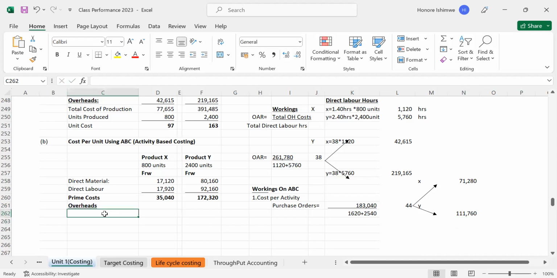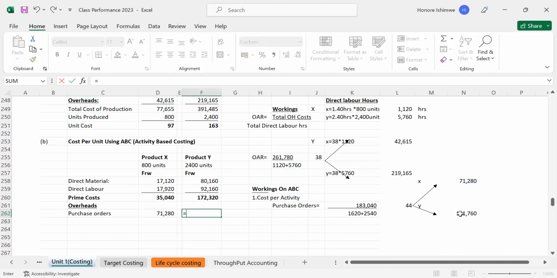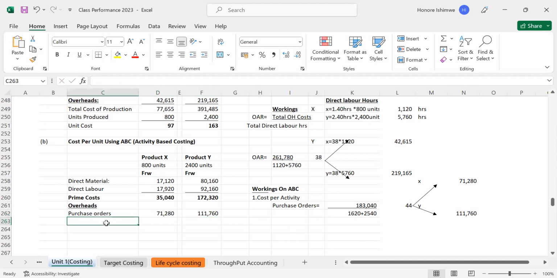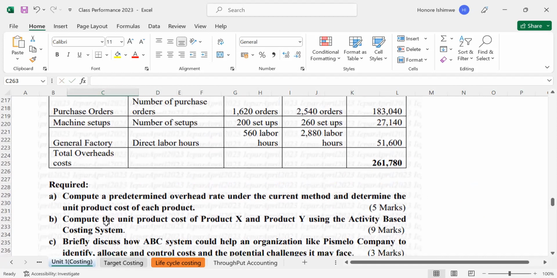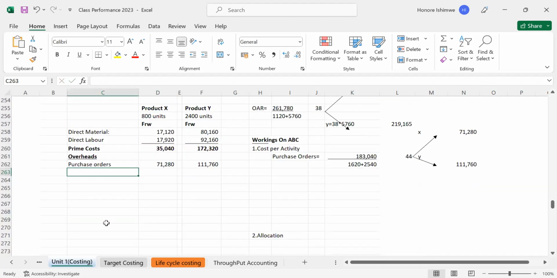So now here I have on purchase what? Purchase orders. I can say here directly purchase order, which will be now my this figure and also this figure. So here I have again machine setups and general factory overheads. Here on machine setups, let's say machine setups,